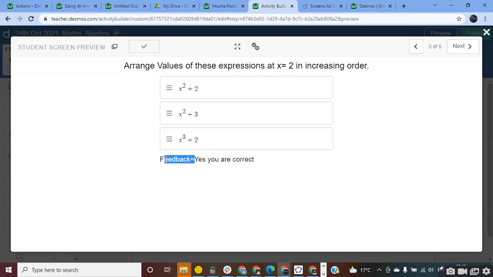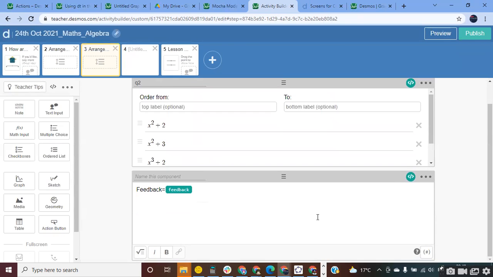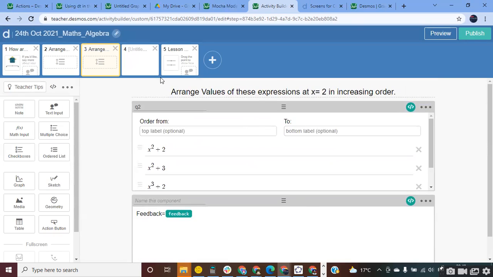You can delete this feedback sign. I don't need it. I just created it so that you guys can see what is happening here. So very simple code. The details are there in my other videos as well, but this was the first time, so we created it now. Now let's go to the next page.